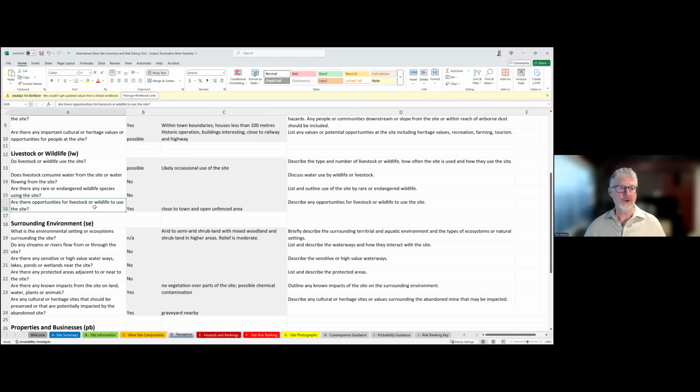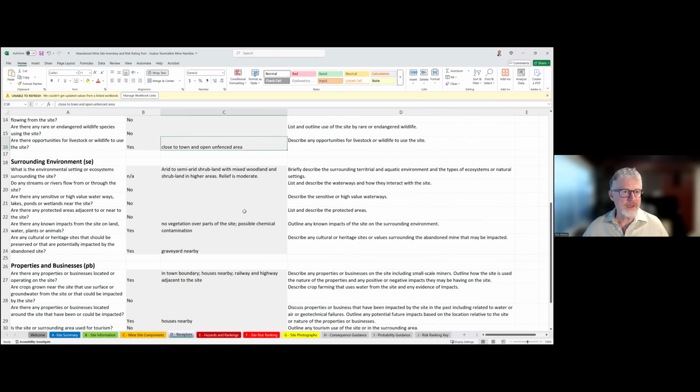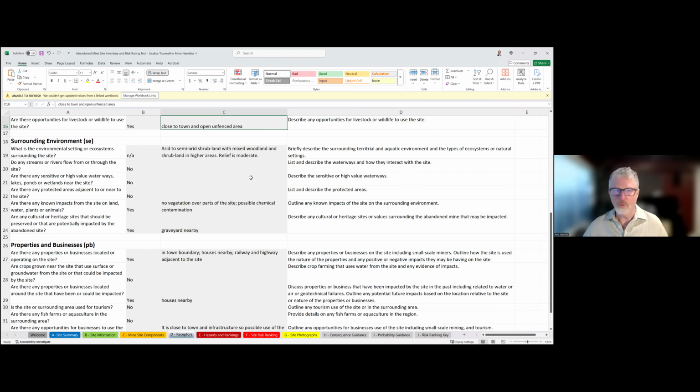Another question here: are there opportunities for livestock or wildlife to use the site? We say yes, it's close to town, open and unfenced. Then we talk about the surrounding environment. What is the surrounding environmental setting or ecosystem around the site? So we have a sense if it's a really unique or endangered ecosystem. There's questions about rivers